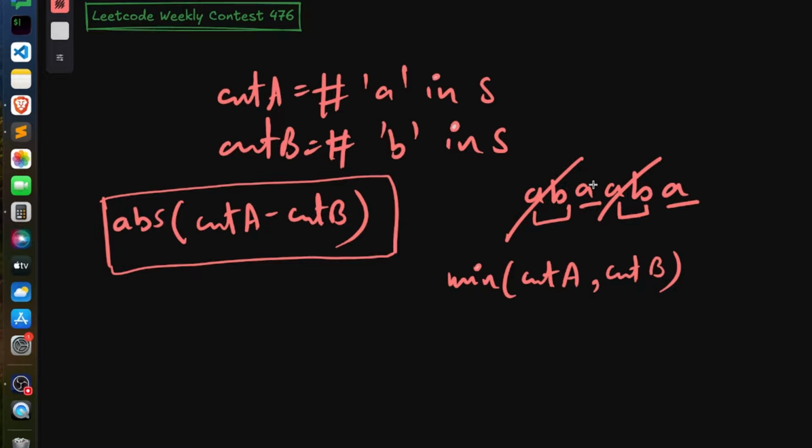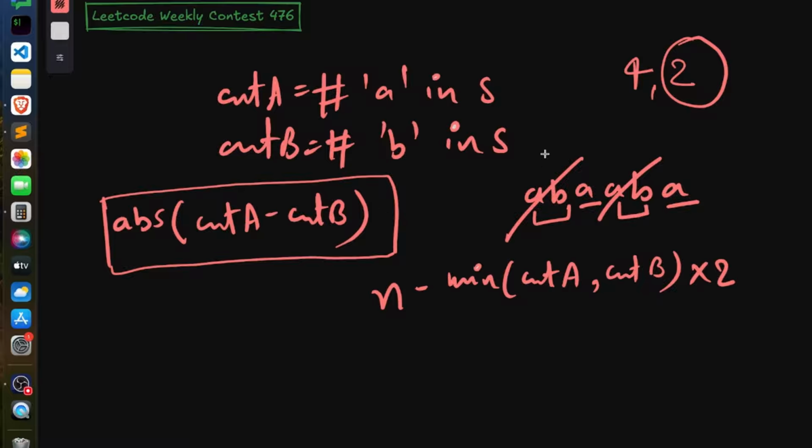For example, let's say you have count A equals 4 and count of B is 2, so we can easily form 2 pairs. See, one pair is here, one pair is here. So your answer is nothing but the total n minus minimum of count A comma count B times 2, or you can write it another way,